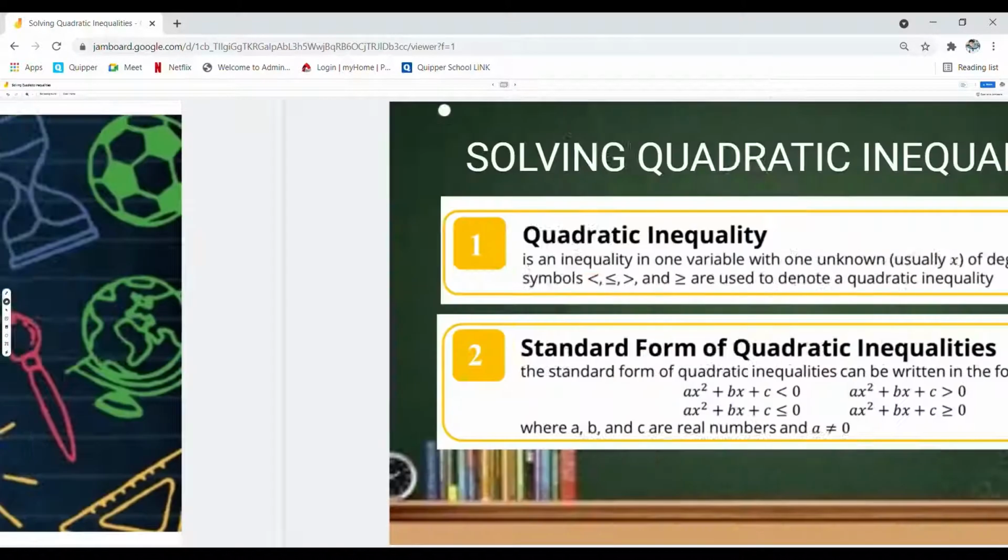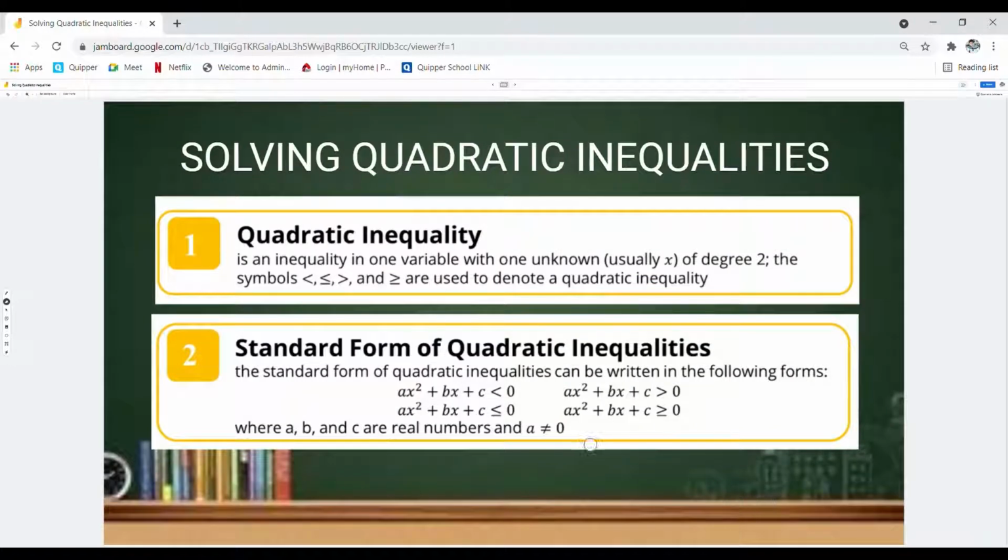We have a new lesson today, guys, and it's all about solving quadratic inequalities, since we're done with quadratic equations. So what is a quadratic inequality? It is an inequality in one variable with one unknown, usually x, of degree 2. The symbols less than, less than or equal to, greater than, and greater than or equal to are used to denote